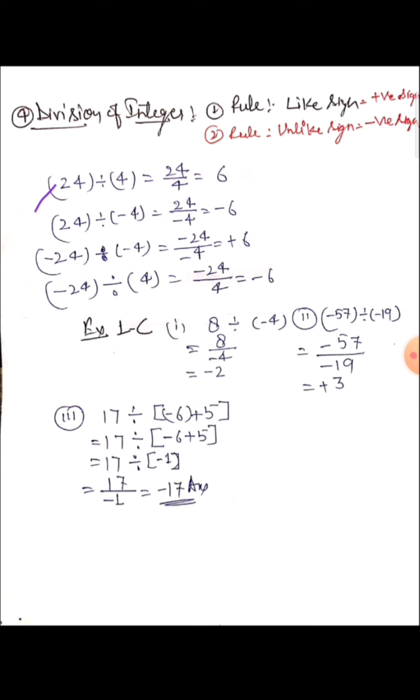The first rule is when the numbers are given in the same sign, both positive, then the answer will always be positive. Look here, 24 divided by 4. Firstly we write it in fraction form, 24 upon 4. So 4 ones are 4, 4 6s are 24, and that is 6. Now the second case, 24 divided by minus 4. Here minus 4 is given, and we write the same in fraction form, 24 upon minus 4, and 4 6s are 24, but here we will use minus because both are given with different signs.